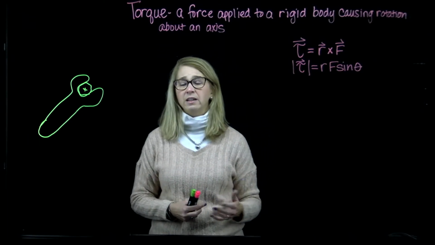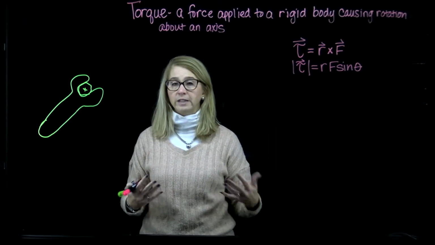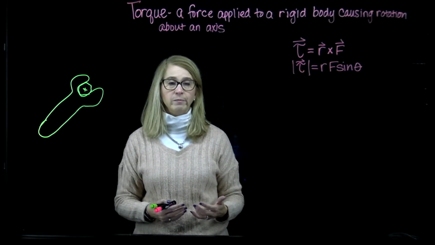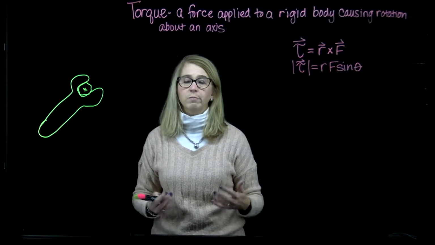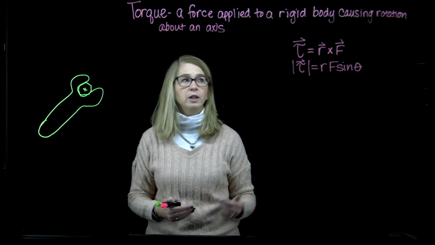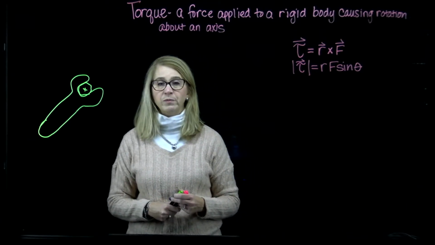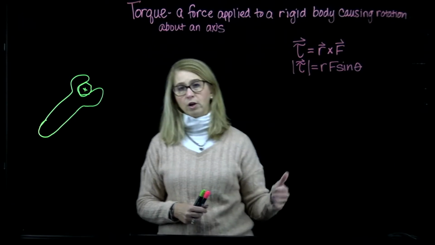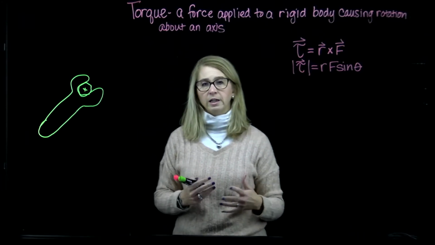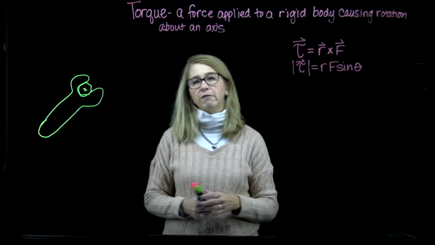When we do that, it turns out that, of course, the torque is going to have a vector nature to it. It's not only going to have a magnitude, it will have a direction. And as we saw with many of our examples of vectors in this chapter, the direction of the torque vector is going to be along the axis of rotation, using the right-hand rule for R cross F to determine which way it's going to go. Now, the thing that I'm going to concentrate more on today in this video is the idea of finding the